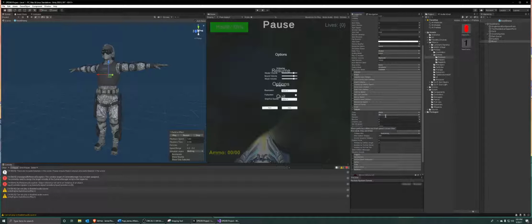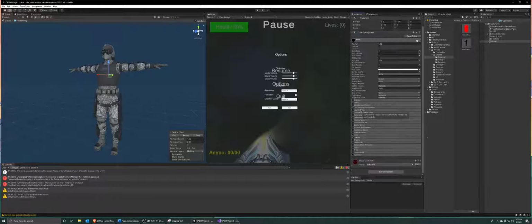This collision is set to world, so it collides with my terrain and everything like that. The dampen is set to 1, so that when it hits the ground, it stops. We don't want it bouncing, obviously. I didn't have it lose lifetime faster because it already disappears fast enough. This also messes with speeds, which, as you see when it hits the ground, it kind of stops anyway, so I didn't mess with that. Basically, all that mattered here was that collision was on and it was set to world, so it collided with stuff in my world. And that is all I did besides make this blood material,